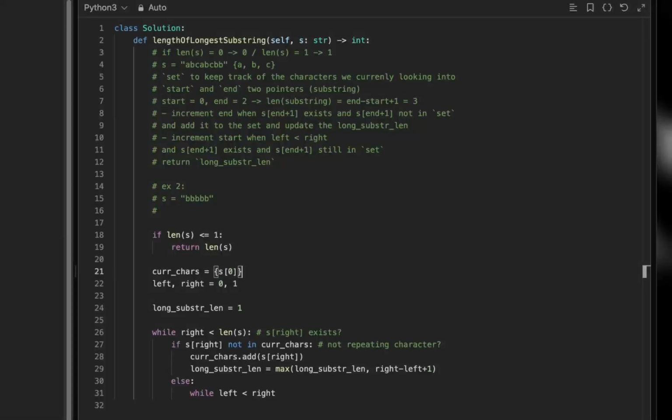Well, right is strictly less than length of s, so that's the case here. I am checking if s of right is not in current chars, which is the case, so we pass here. And while left is strictly less than right, what I do is check s of right